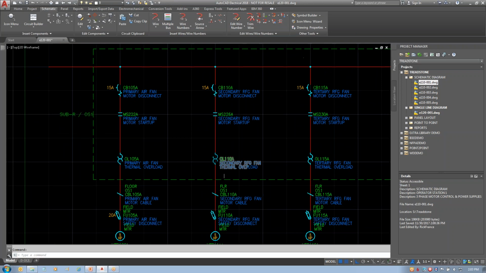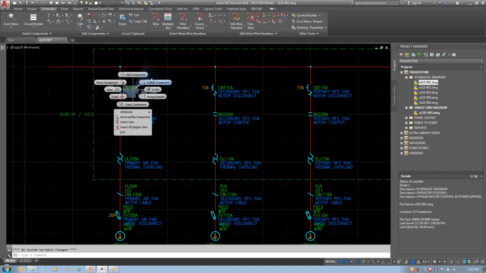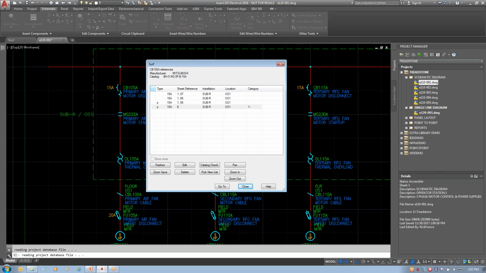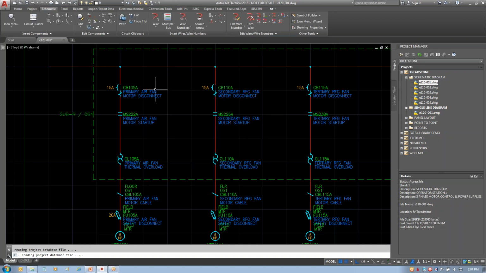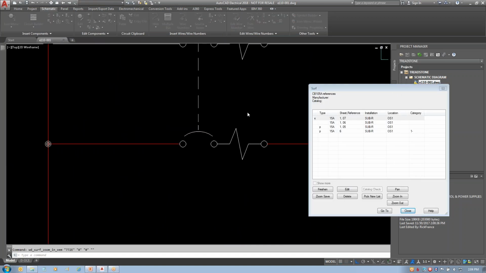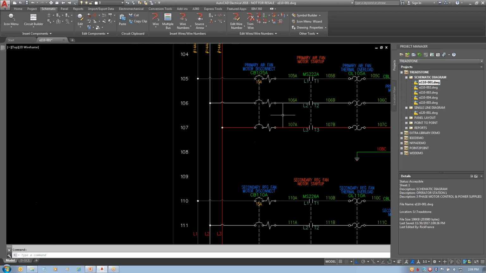Now, if I came over here, look at this circuit breaker, did a surf on it. There's everywhere in my project where that particular circuit breaker is. You can see here, there's 3 of them right now on my 3-phase sheet 1, and plus the one that's in my single line. I can tell one's on sheet 6, but also by the category over here. We'll go ahead and surf and take a look at this one here. And it'll go right to it, zoom in on it,